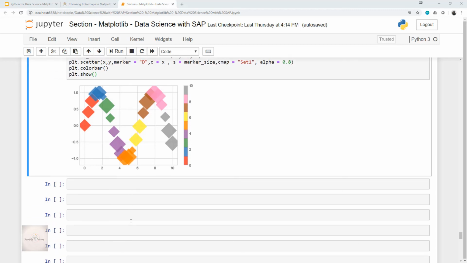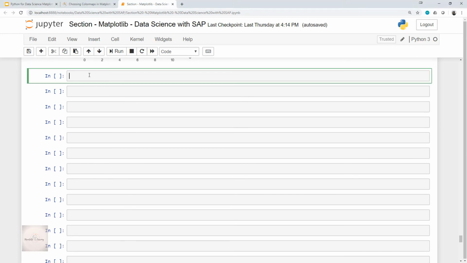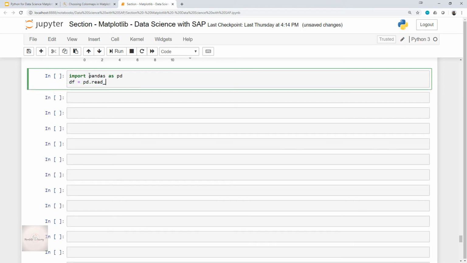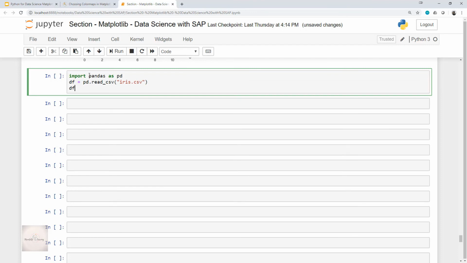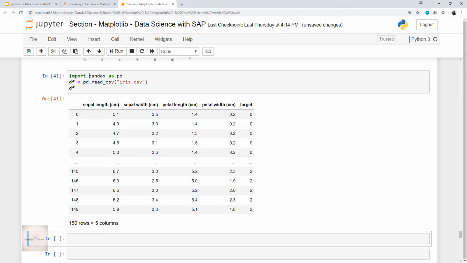To begin with, I'll write import pandas as pd, then df equal to pd.read_csv of iris.csv, and after that I'll display the data frame df. Yes, this is how our dataset looks.